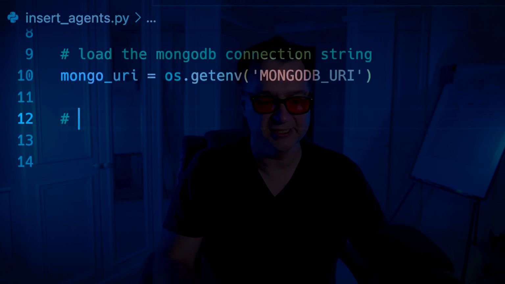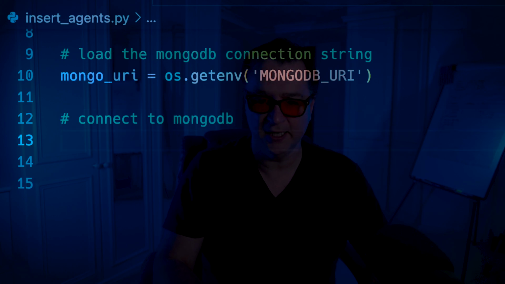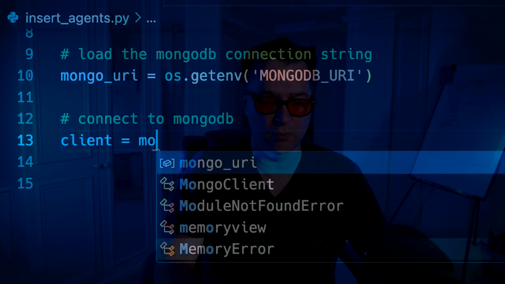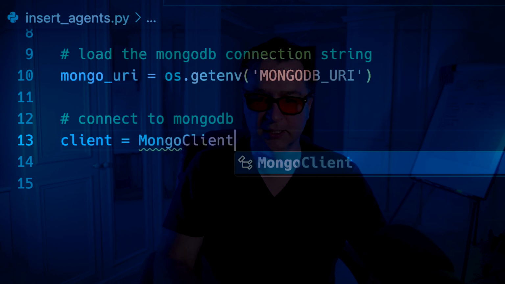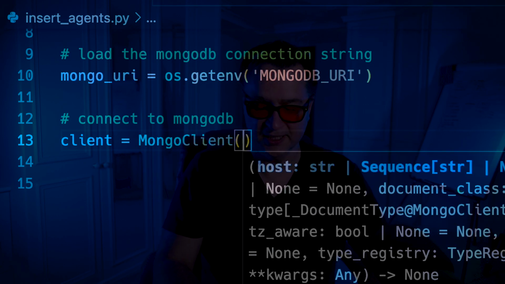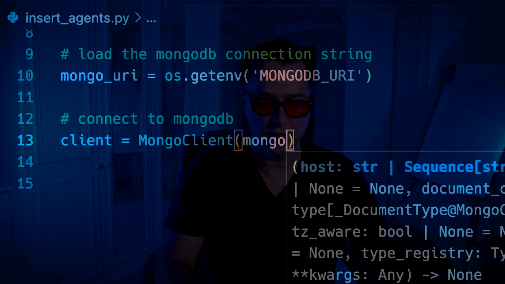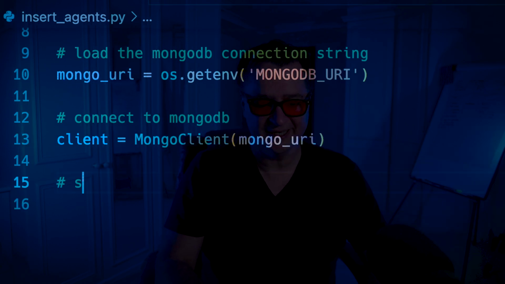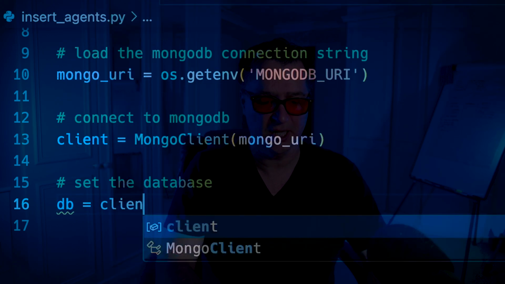The next thing I need to do is connect to the Mongo database. So I will just type in client equals MongoClient, and we're going to pass in the Mongo URI. And then the next thing I need to do is set a database that I'm going to work with. The database we are going to create is going to be something called ai_agents. So we'll say db equals